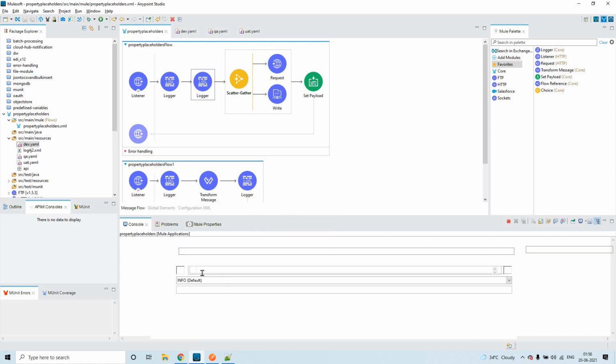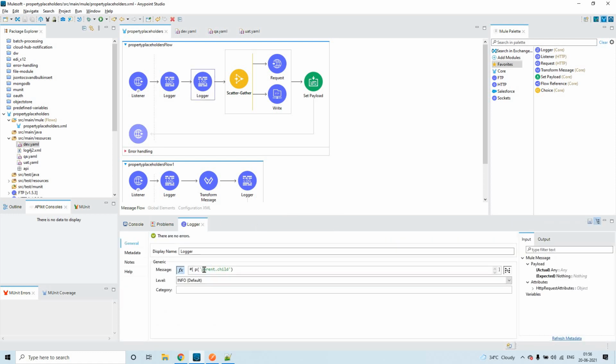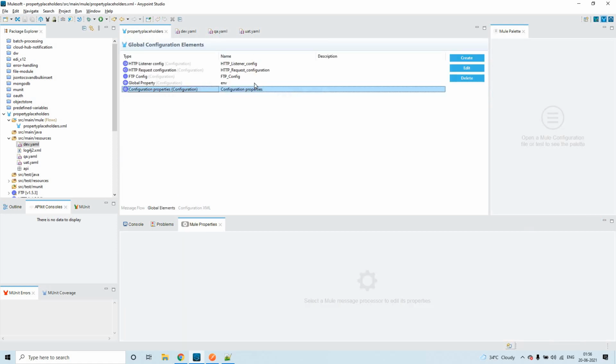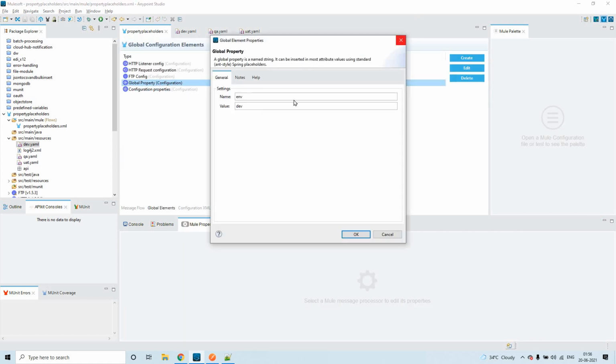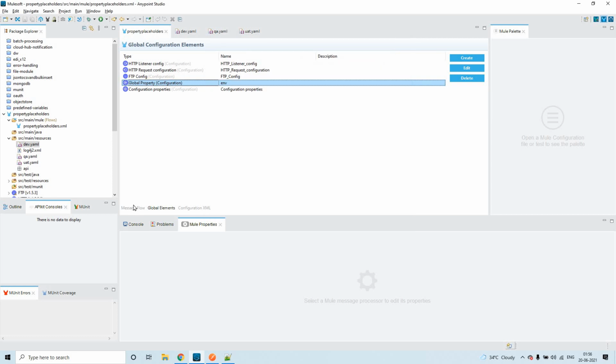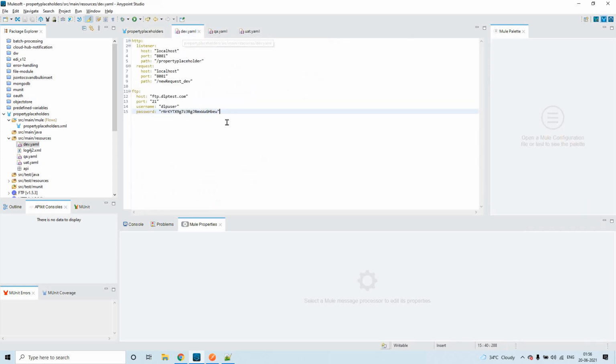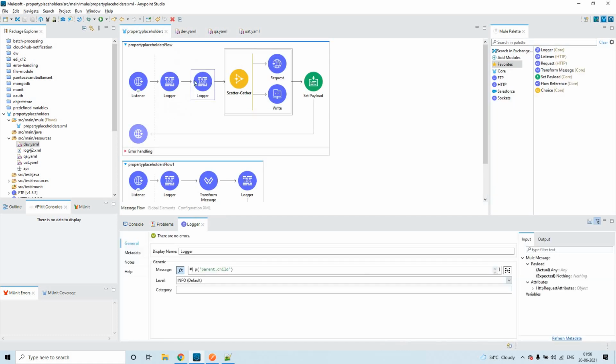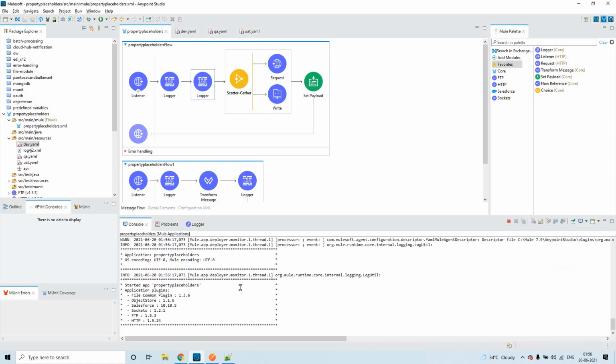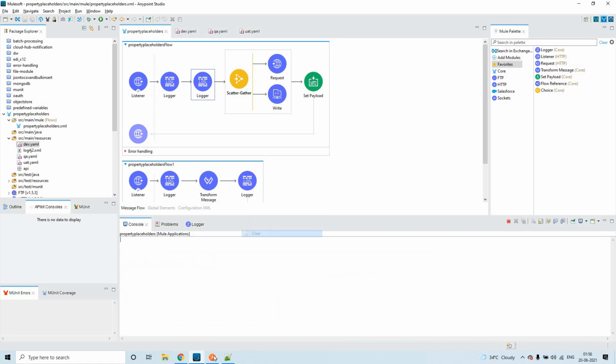Now you see here we are using the p function in order to fetch parent.child, but in this environment property it is still dev. It is pointing to dev.yaml, but in dev.yaml there is no property called parent.child. So let us see how this works. This is already deployed. Let me clear the console.